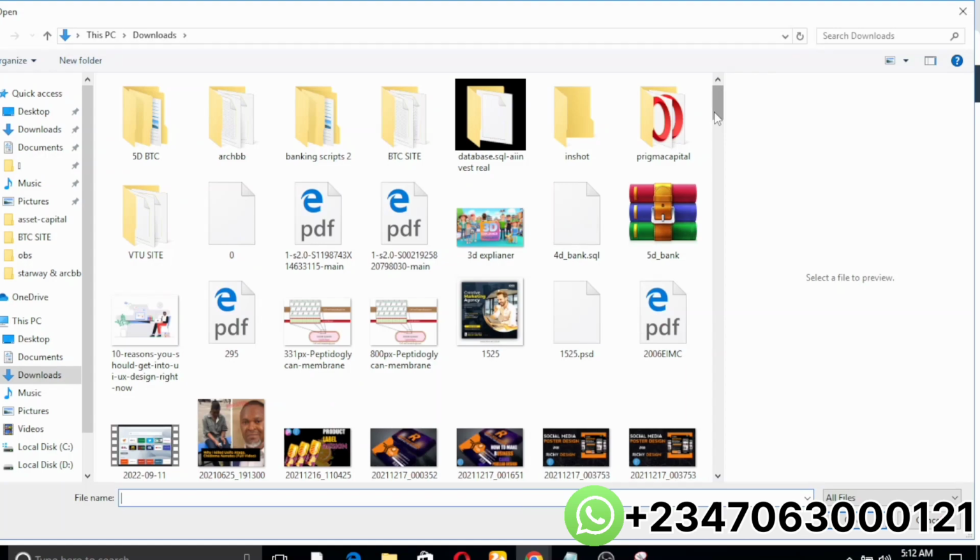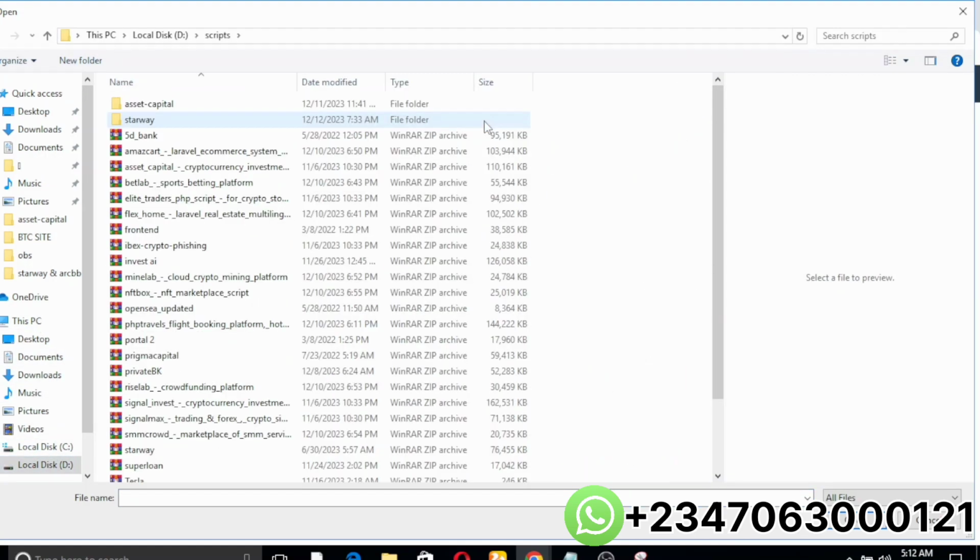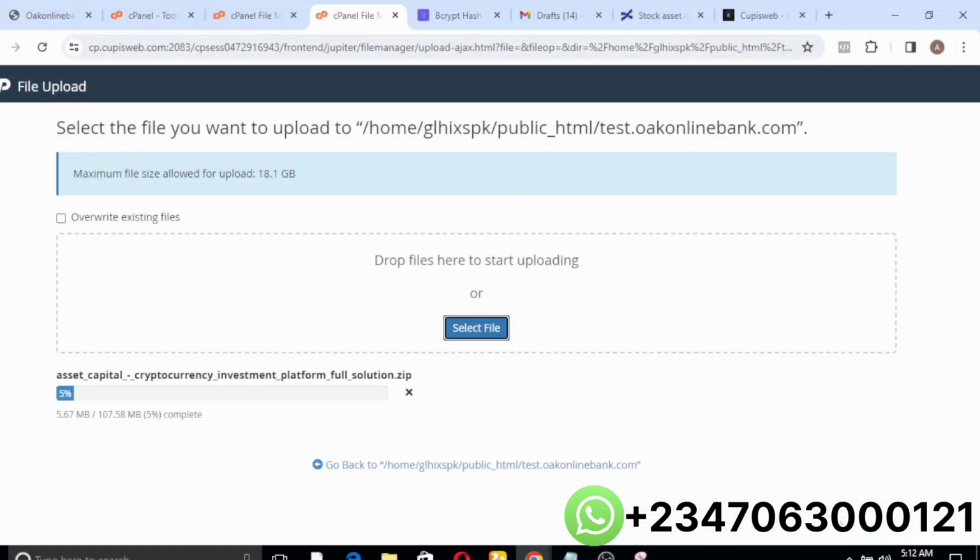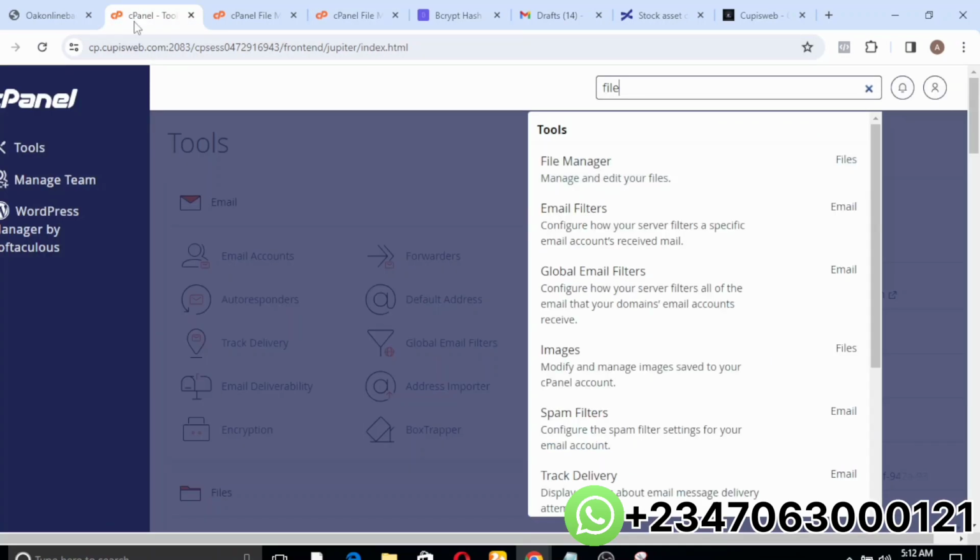Let me quickly get the file that I want to upload. Sorry, that's not it. Yeah, this is it. Okay, so I'll go ahead and click on open. You can see our file is loading up, but as this is loading up, let's go ahead and create our